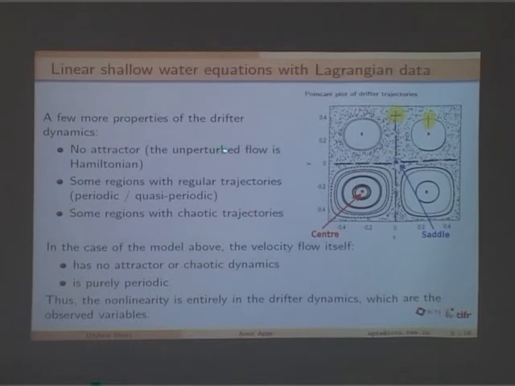There are no attractors. There are some regions like the dots that you see here. Those are all chaotic regions. There are some regions which are regular trajectories. And it's a mixture of all of these in the phase space. And that's a very peculiar feature of this model. So when you're asking for toy models, these are very nice toy models because they are quite different from the typical models that people use, which is the Lorenz model and so on, which have an attractor. This one does not have an attractor. This has quite a lot of rich dynamical features.